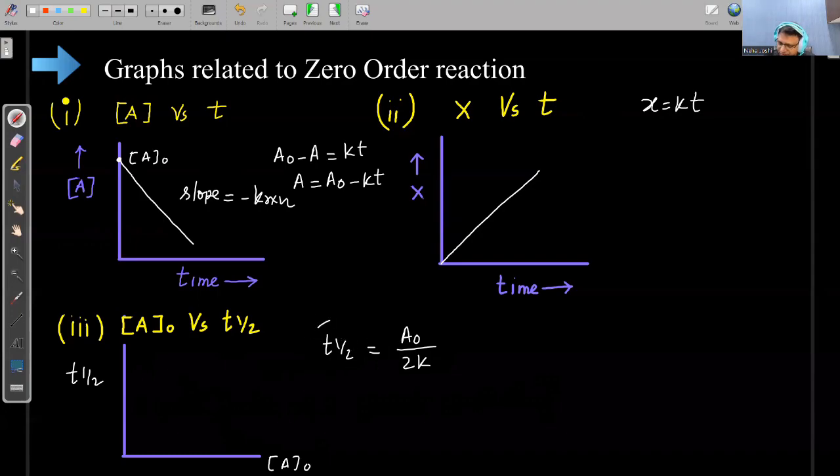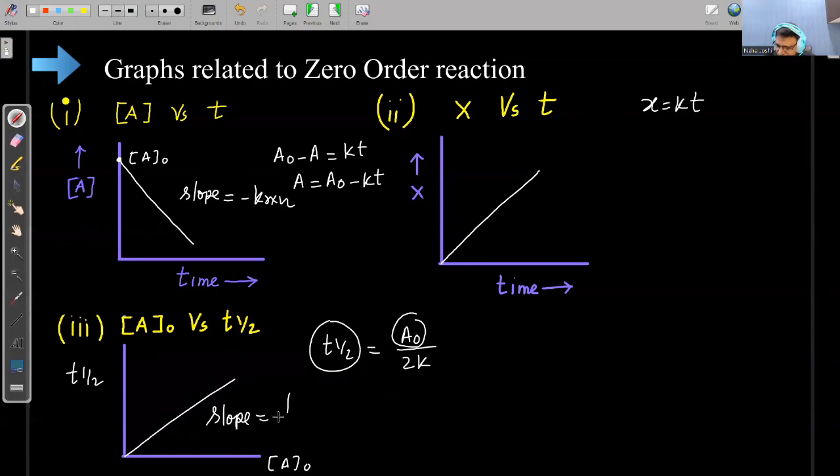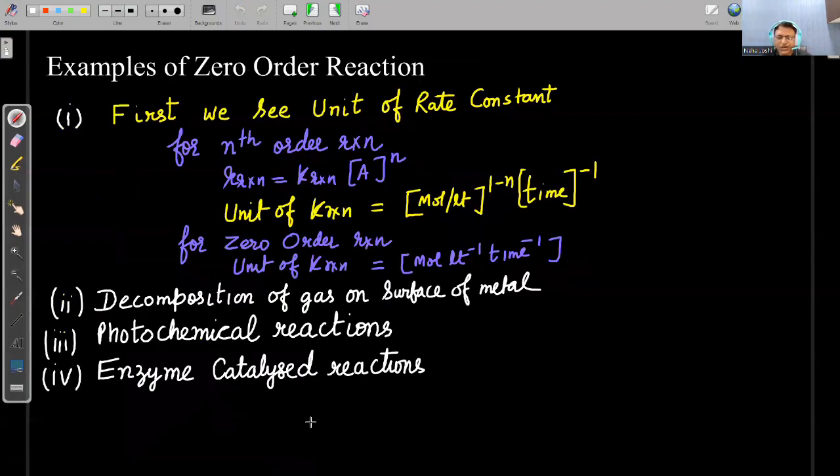So this is y and this will be x. So it is a straight line passing from origin. The slope of this line is equal to 1 upon 2 times of K reaction. So these are very simple graphs regarding zero order reaction. Examples of zero order reaction, जैसे कई बार क्वेश्चन पूछा जाता है कि which of the following reaction is zero